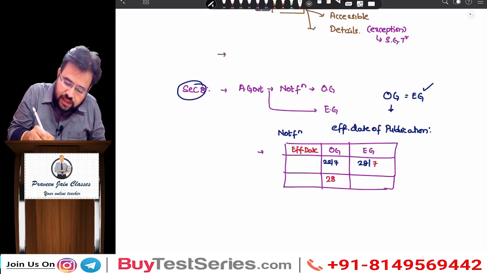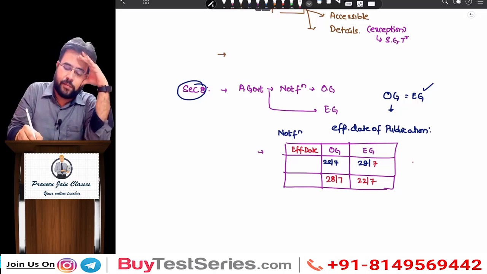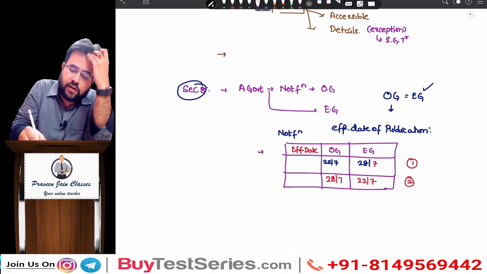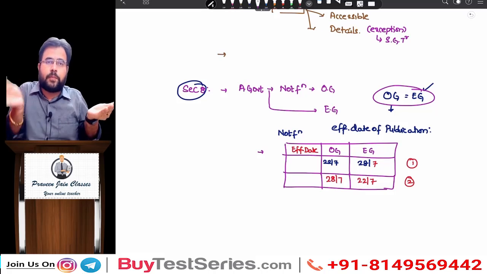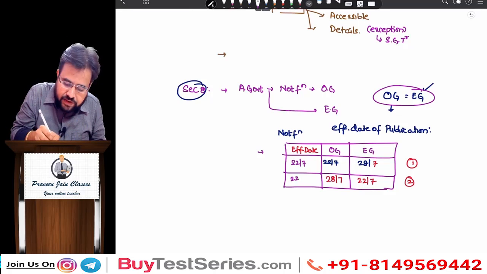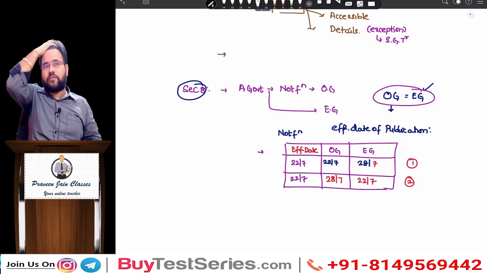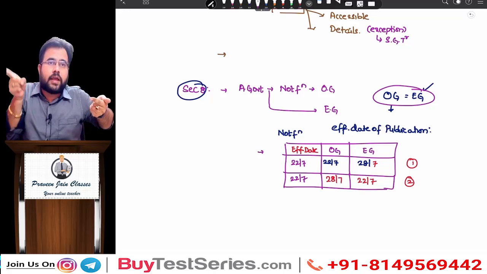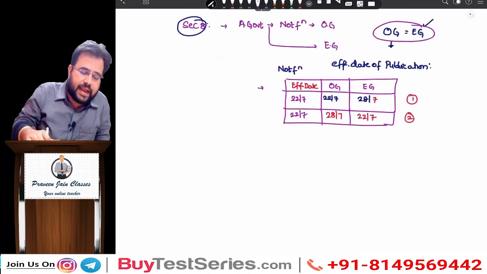We will reverse this, sir. Here it was given on 28/7, here it was given on 22/7. So in case 1, which date is it effective? In case 2, which date is it effective? Can I say for this you should see this equation? Either you publish in OG or you publish in EG, both are the same. Can I say in both the cases they will be effective from 22/7. In other words, the effective date of notification shall be the date first published in OG or EG, whichever is earlier, sir. So that ends your section number 8, sir.